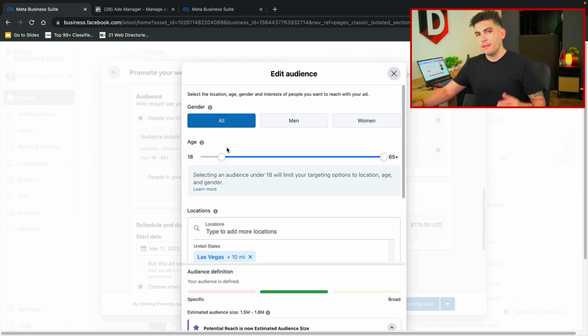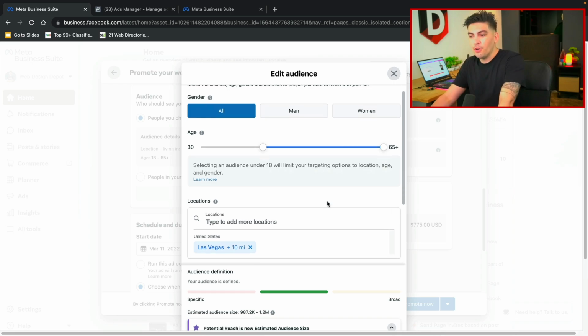Now, personally, I am in the business of web design. So I think people a little older, maybe in their 30s to 65. The reason I don't put people under 30 for my specific niche is because I think a lot of people in their 20s or early 20s probably go to Wix or these cheap websites that give them websites, and it's probably not my target audience. However, older people don't really know about a lot of these websites, right? So I want to target those people, and there's nothing wrong with that. There's nothing wrong with the older generation not wanting to use Wix, because that's my target audience, right? Plus they've got a lot of money, so that's what we want to do.